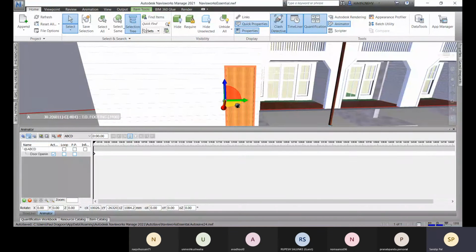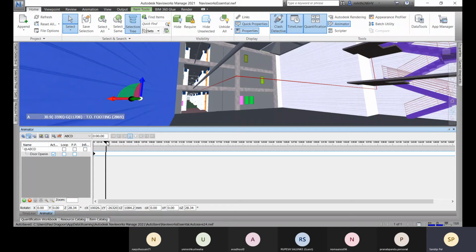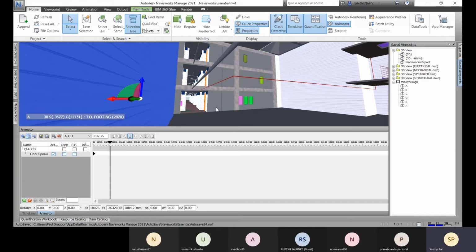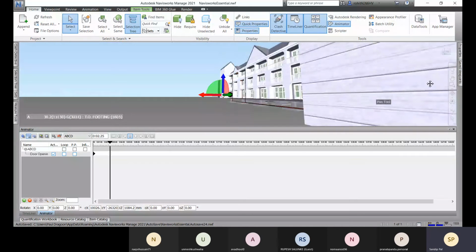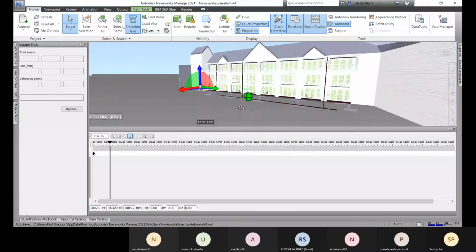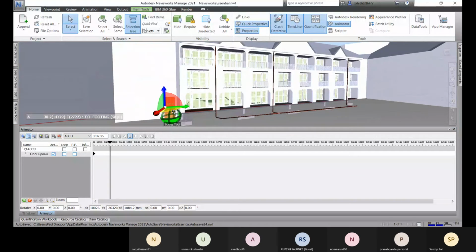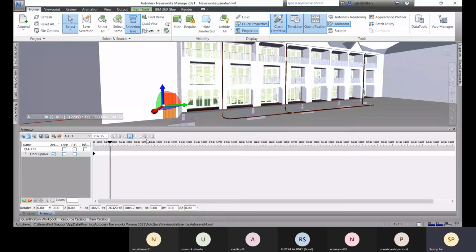Next I will rotate it, and then you move this up. Just a second, it is showing me the same thing again and again.